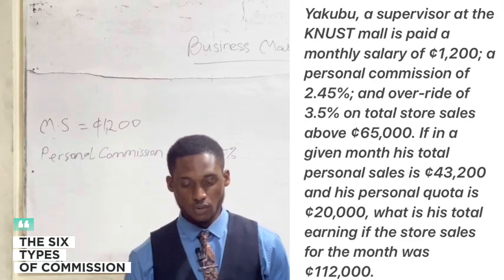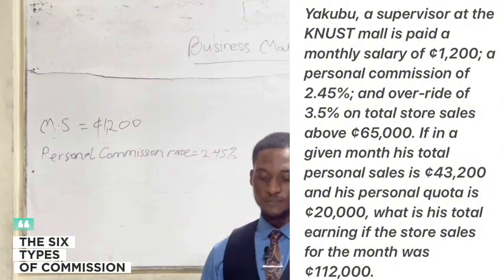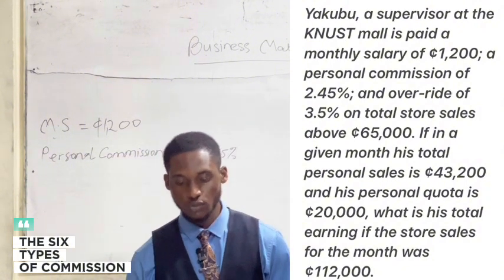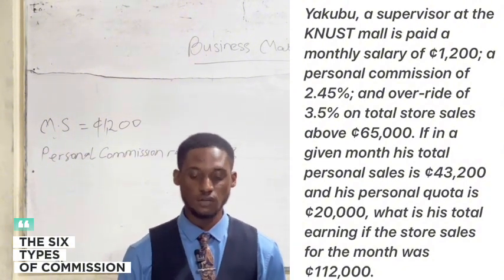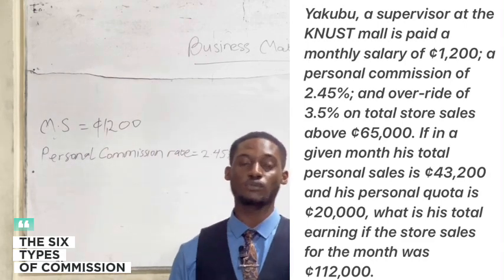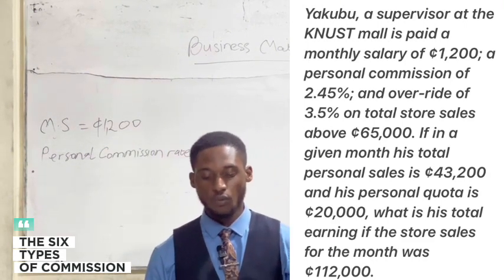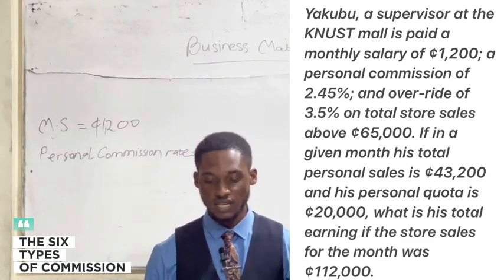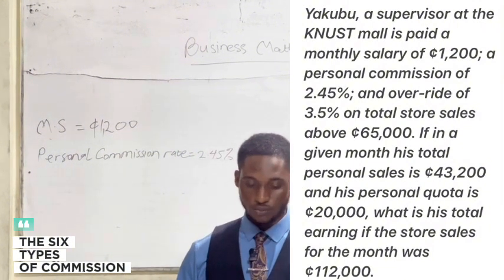It continues to say that if in a given month his total personal sales is 43,200 and his personal quota is 20,000, what is his total earning if the store sales for the month was